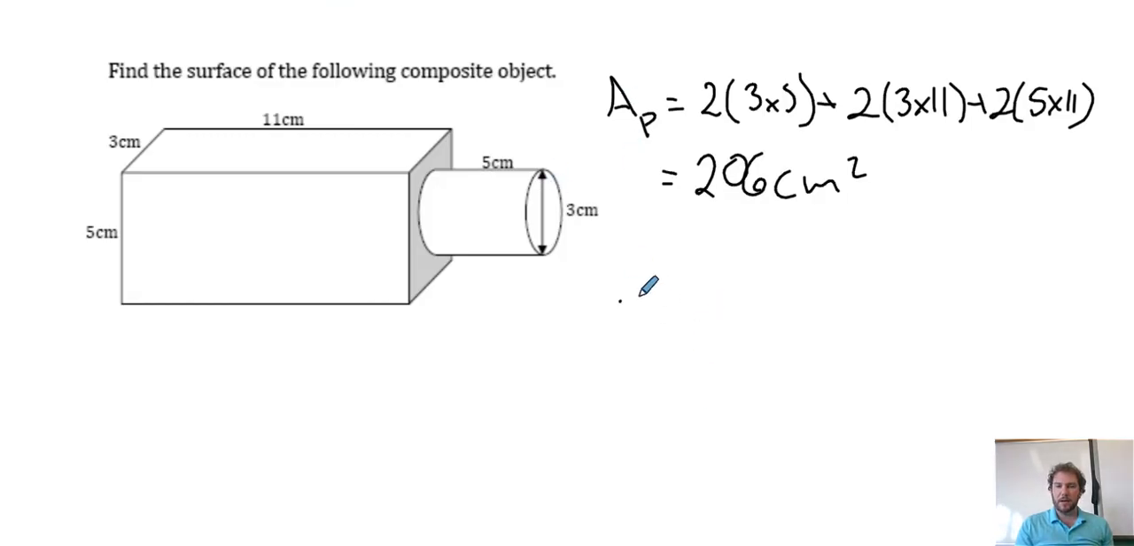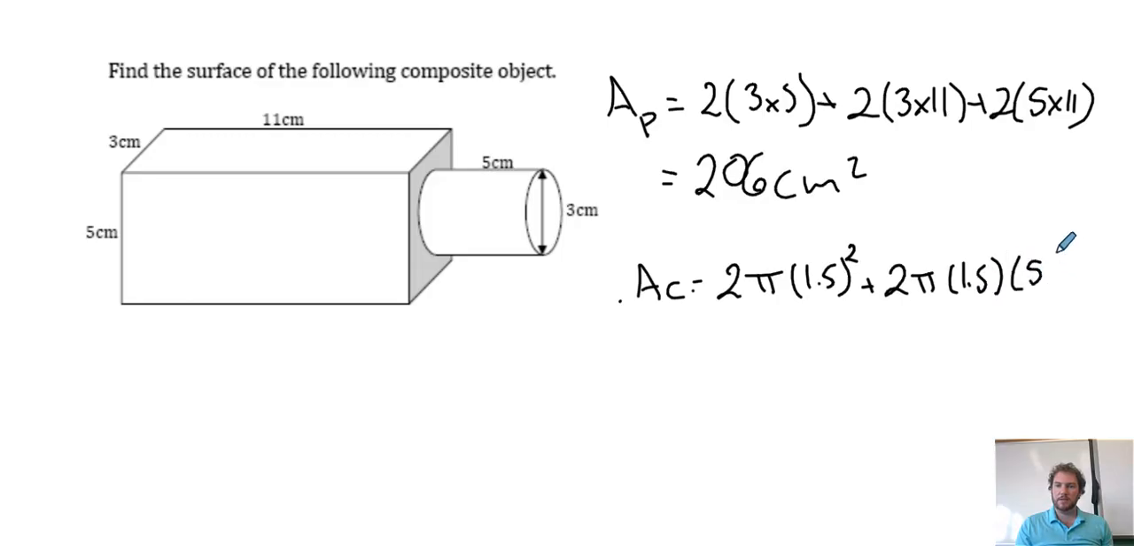Okay, so if I want to find the area of my cylinder, we need to find the area of the top and the bottom circles. So that's 2, because there's 2 of them, times pi, r in this case is half the diameter, so 1.5 squared, plus 2 pi r h. Right, so 2 times pi times 1.5 squared plus 2 times pi times 1.5 times 5, and we get 61.3